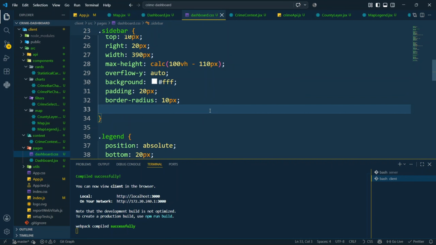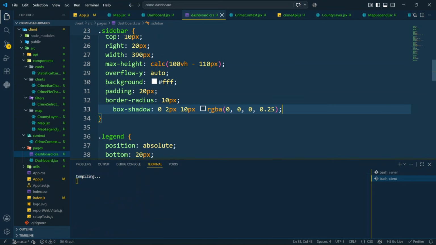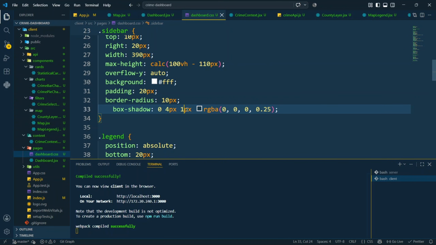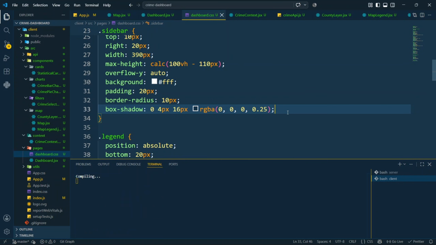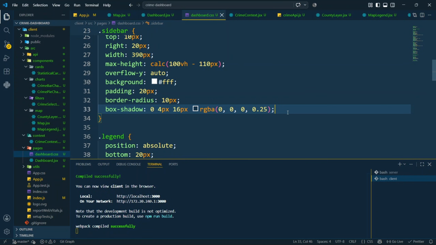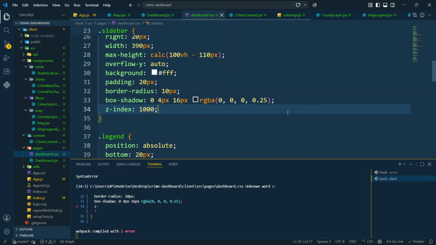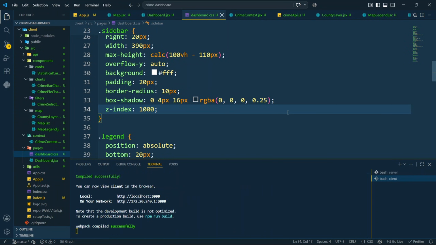And then we need to also have a box shadow of 0 pixels, 2 pixels. I think we can say 4 pixels here. We can define 4 pixels. Here we can change something like 16 pixels. And then it's supposed to be 0.5 alpha value. So of course, we also need to have the z-index. So we can say z-index to 1000, and then we can try to preview this and see how it